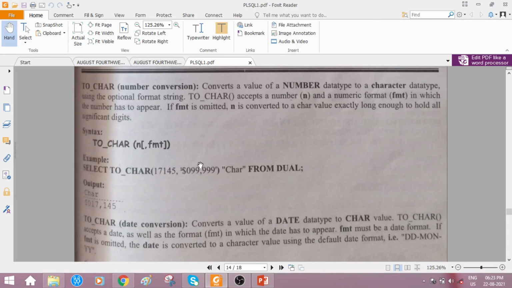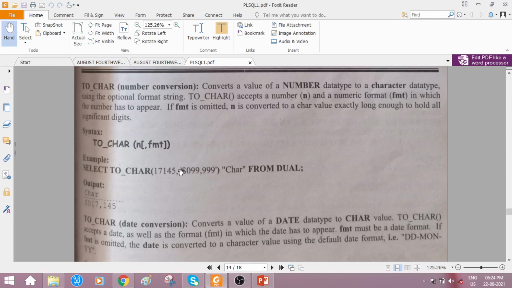Ones, tens, hundreds, thousand, 10,000, lakh, like this. So if you write 17145 in that format, in place of 9 here 5 should be found, here 4, this place 1, here 7, here 1, and here no value is there in the original number, so 0 will be put.